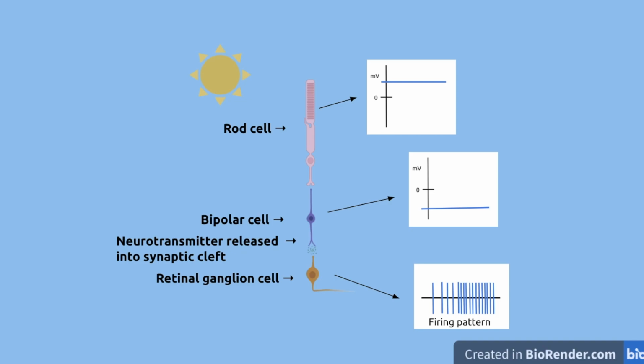Since the bipolar cell is no longer inhibited by glutamate, the bipolar cells are depolarized and start releasing neurotransmitters into the synapse between the bipolar cell and the retinal ganglion cell. Because of this, the retinal ganglion cell is highly stimulated and sends out a quickly spiking firing pattern, as shown